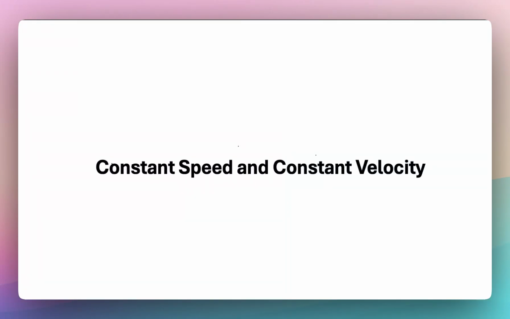After understanding the difference between distance and displacement, we will now move to understand what we mean by constant speed and constant velocity. When we say that the speed of a car is 40 kilometers per hour, what exactly do we mean? We can write the speed like this, which is 40 kilometers per hour. What it means is that in every hour, when the car is running,